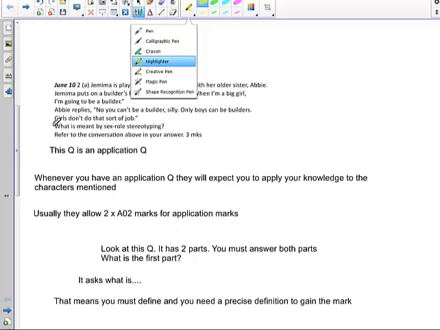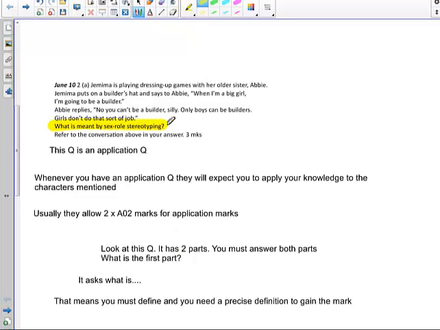So what is the first bit? Right, look at this. Question is, what is meant by sex role stereotyping? Second question is to refer to the conversation in your answer. Okay, so we've got 2 parts of the question. First bit is what is meant by sex role stereotyping. Second bit is